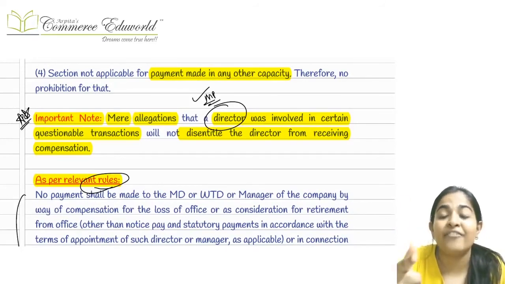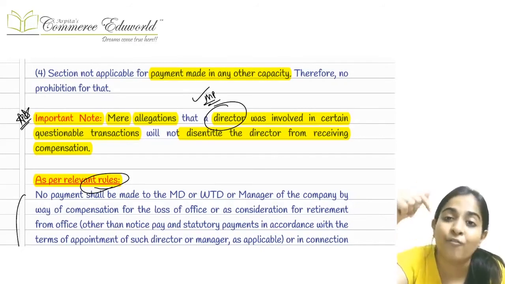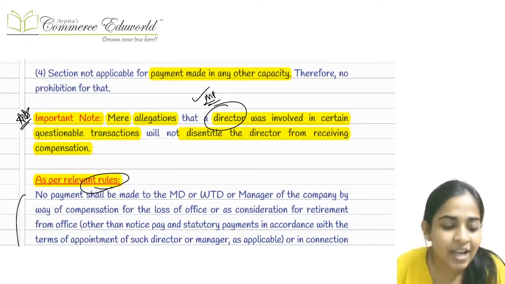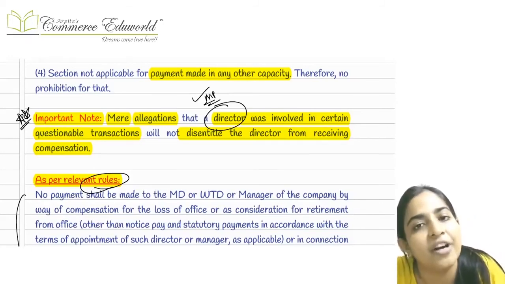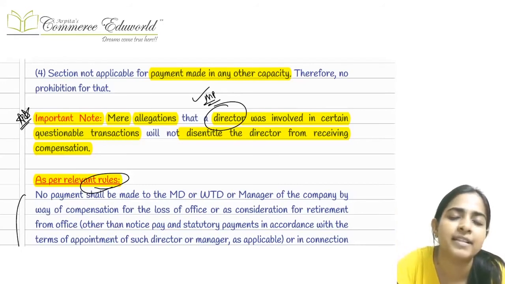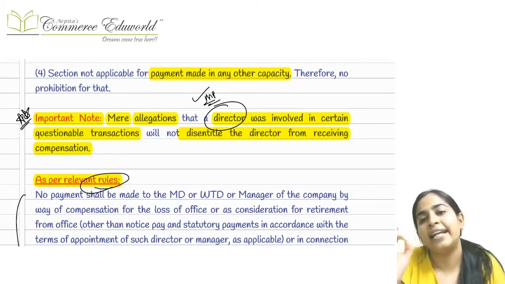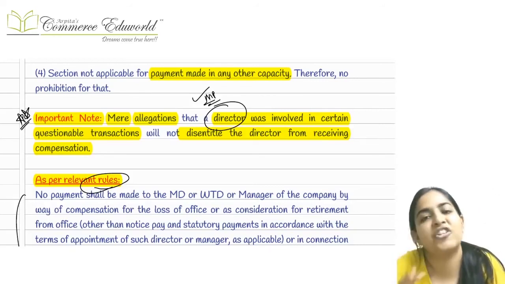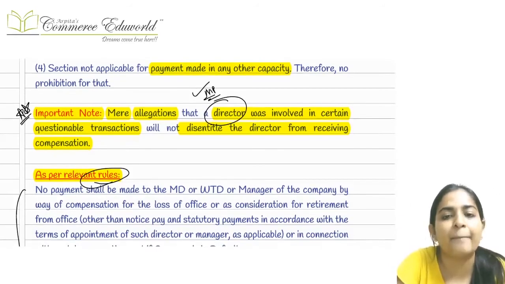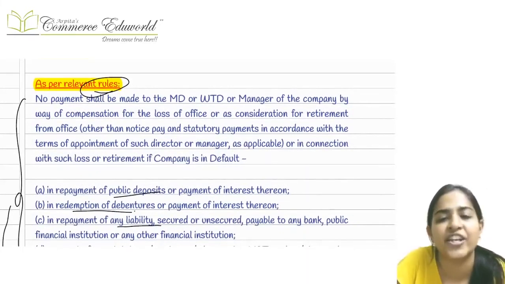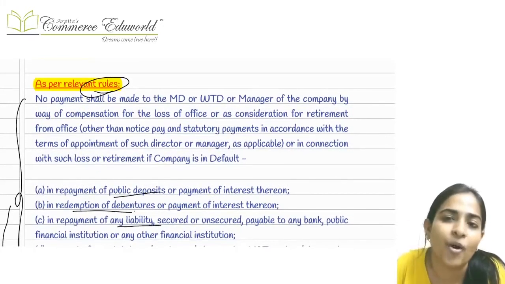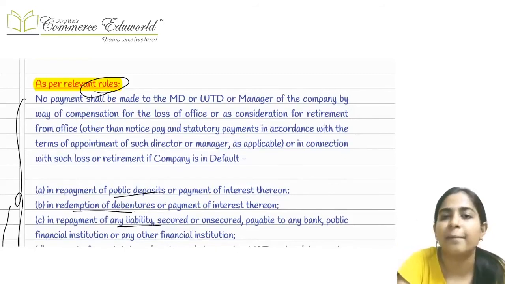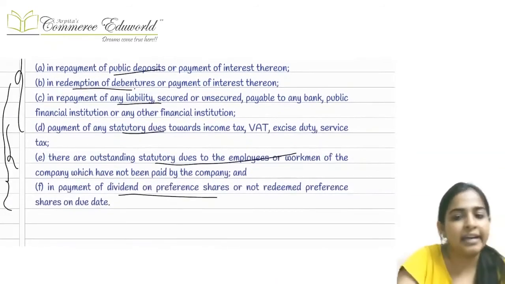But later on, if it is proved that this particular managerial personnel was involved in the fraud, then boss, this compensation cannot be recovered back. This was decided in Bell versus Lever Brothers case laws, that if later on it is proved that this particular managerial personnel was liable, then the paid compensation cannot be recovered back from him. So better is if there is any such allegation, then do not pay the compensation till the case is clear, right? But if at all the company has paid, then that compensation cannot be recovered.